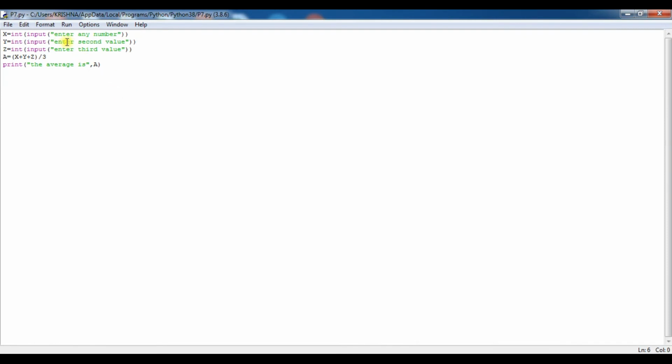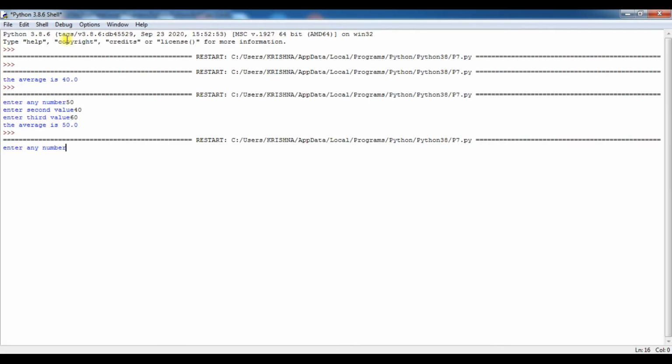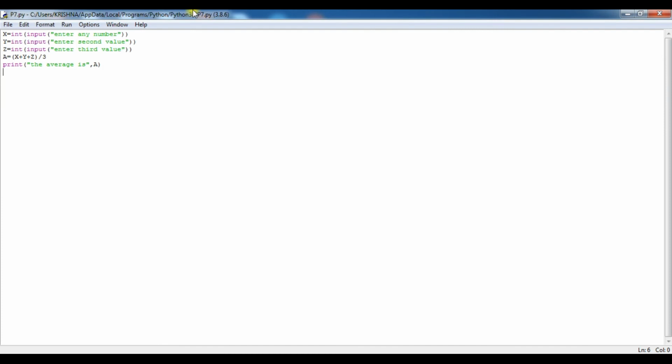Now again you run it, so a new value will be asked. As many times as you run the program, every time a new value will be asked. But what was happening when we assigned the value to the variable while coding the program: once the value is assigned, every time it will execute the same value, but in the input statement it will ask for a new value every time. Suppose here 25, 35 and 40. So this is your average.